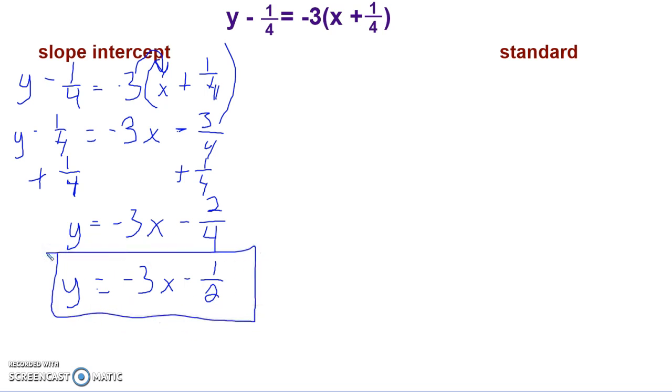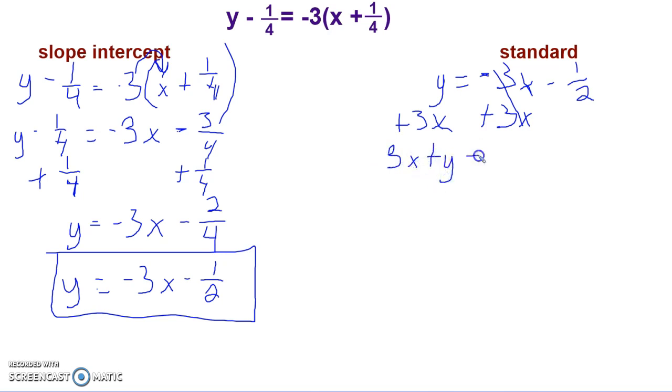Now, if we want to put that into standard form, we're going to solve for the constant. So we have y is equal to negative 3x minus 1/2. So we're solving for the constant, which means we want x and y to be on the same side. So I'm going to add 3x to both sides. Get rid of that here and add it to here as well. Again, I could put y plus 3x, but we want the x to be first, so I'm going to put 3x plus y is equal to negative